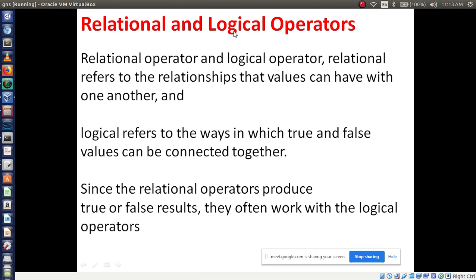Logical always performs true and false. Relational means what kind of relationship it has with other values. Since relational operators produce true or false results, they often work with logical operators. So these all are the meanings of relational and logical operators.